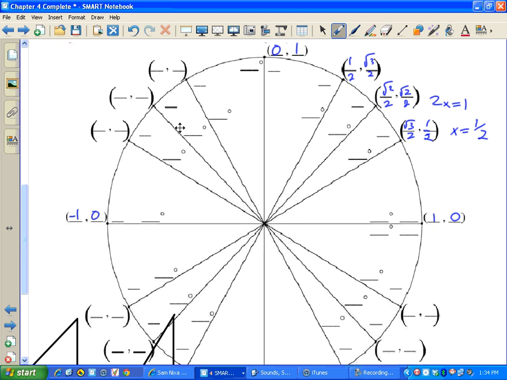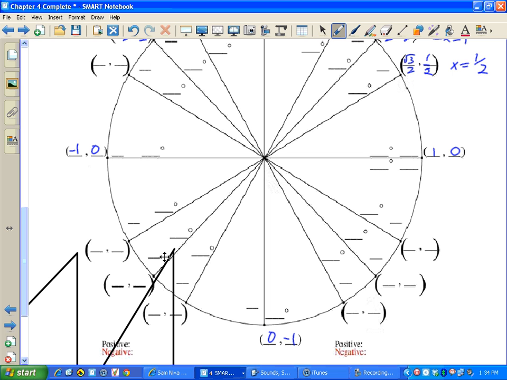So if I go over here and look, I know that I'm square root of 2 over 2 up and over, but I'm over in the negative direction. So this is going to be negative square root of 2 over 2, and I'm still positive in the y direction. If I move down,